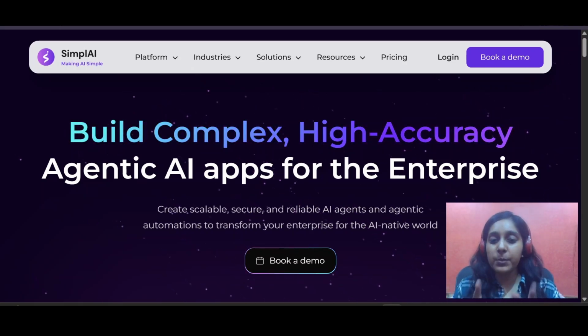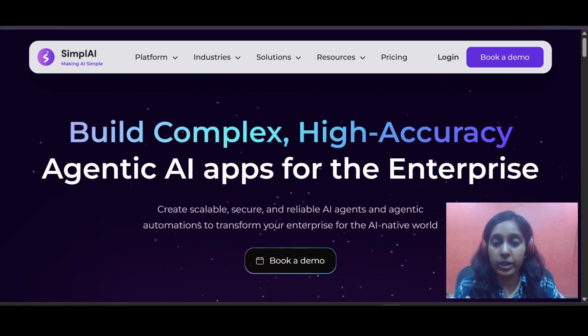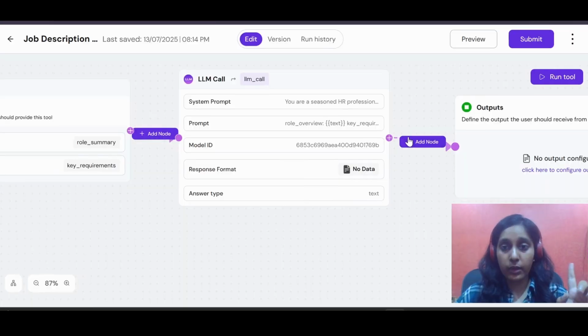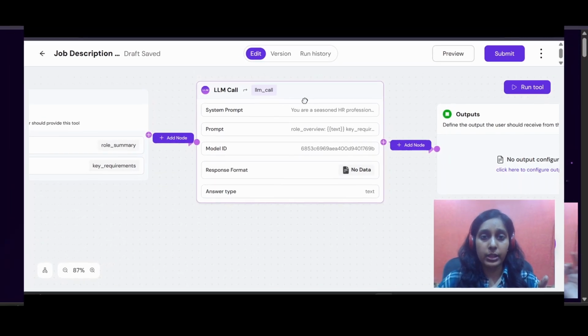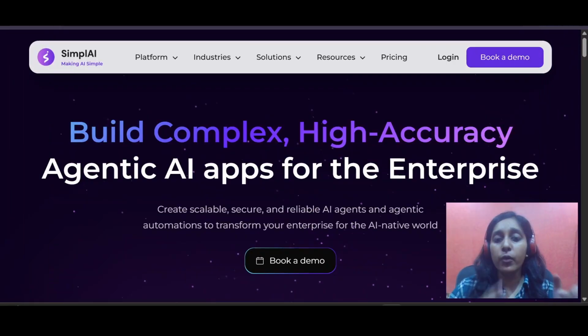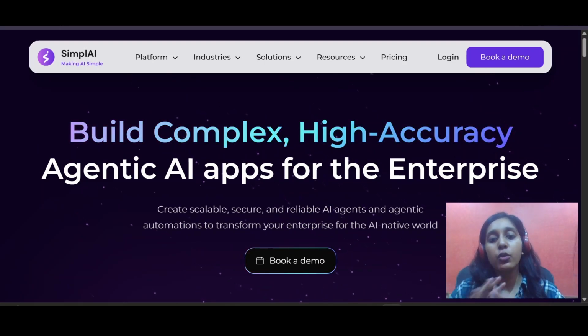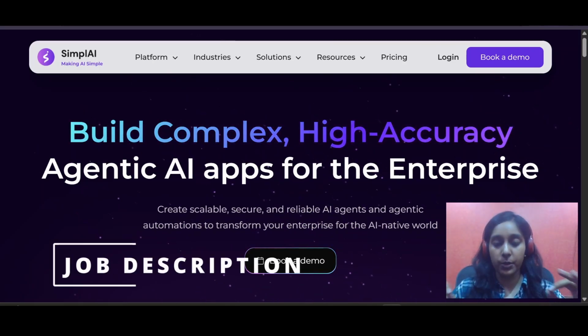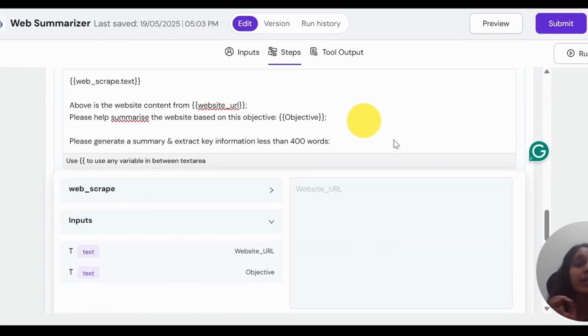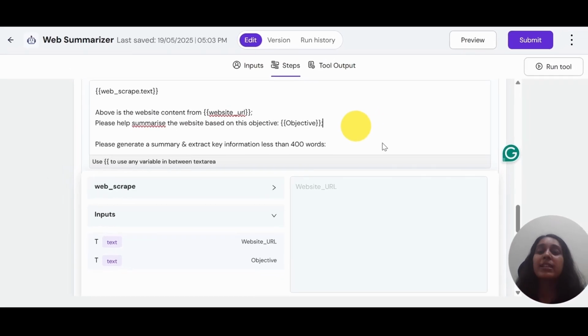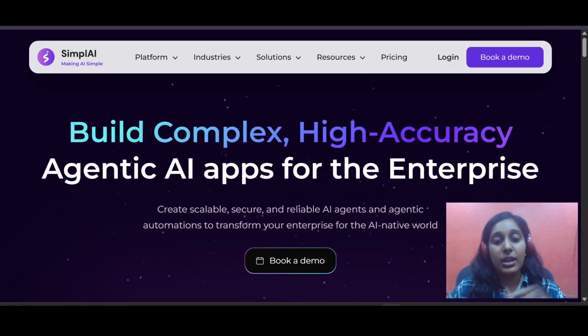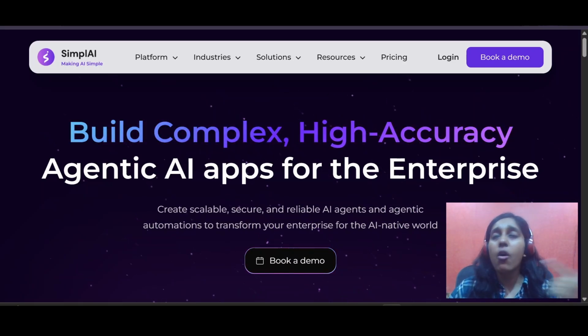If your HR team spends hours drafting job postings, you're in the right place. Today we'll build an advanced tool that uses AI chaining to turn a simple role overview and a bullet point requirements into a polished, ready to post job description. Earlier we were only using basic tools, but today we are going to be shifting to using advanced tools. This tool can save recruiters countless hours and ensure consistency across all your openings.